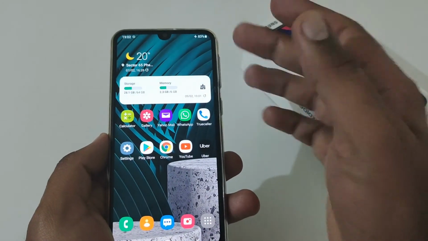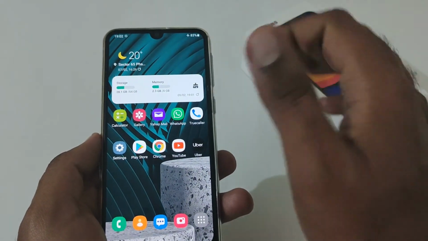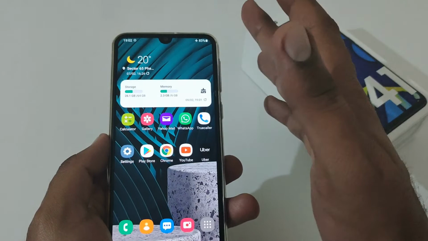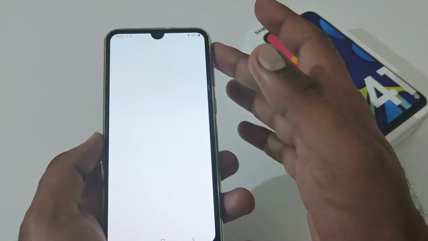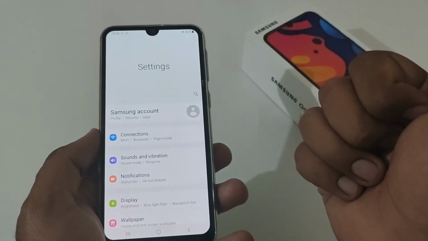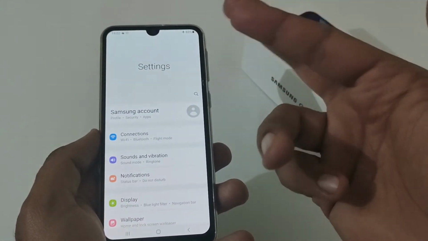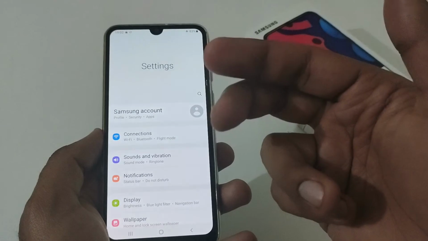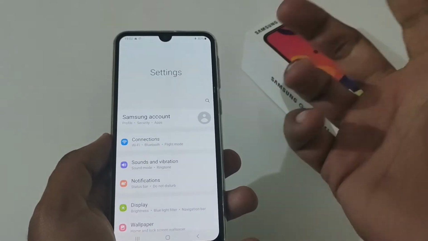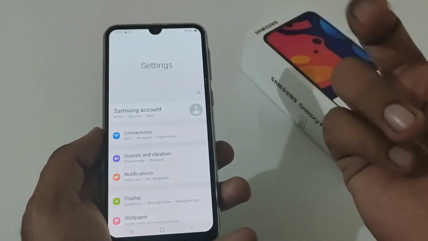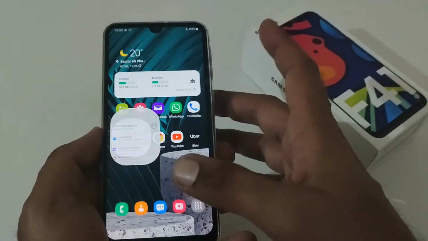After doing this, it might resolve 80 to 85% of underlying issues related to settings. Again, if it is not beneficial for you, then you can go for a factory data reset, because this method will hardly take 5 to 10 minutes, not more. And if you can save 4 to 5 hours of time using these 10 minutes, it will be really beneficial. Otherwise, the factory data reset option is always there.